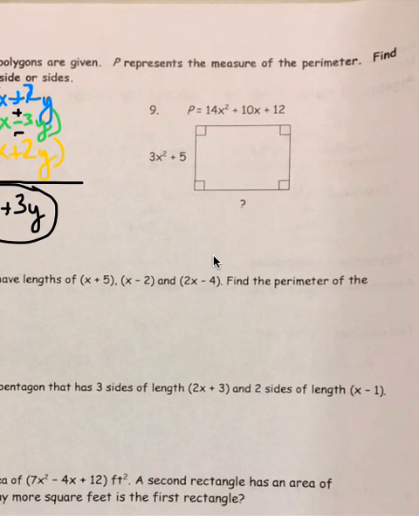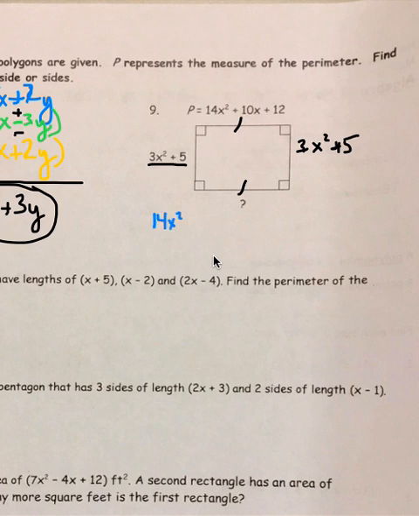Now, number 9, we're given a rectangle. What we know, 3x squared plus 5 is the one side. Because these are all 90-degree angles, we know the other side is also 3x squared plus 5. And then finally we know that the missing sides are the same. So first we're going to solve for what's left and then divide it by 2. So we're going to have the perimeter